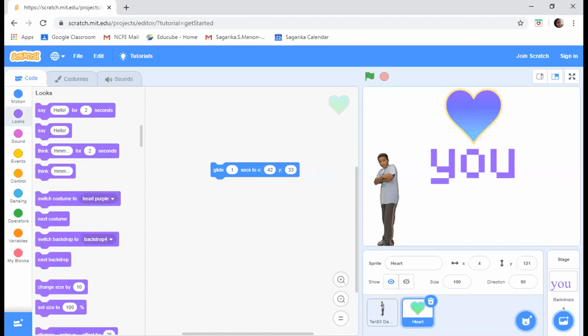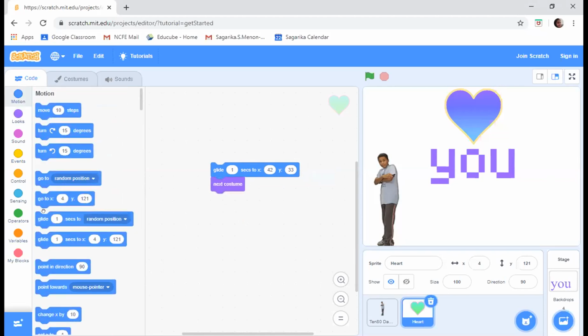Drag and drop next costume. Okay, very good. Then go to motion. Drag and drop glide 1 second, not this one, the one below that. X is 100. Y is 8.